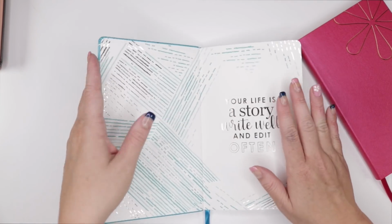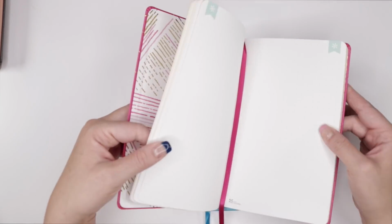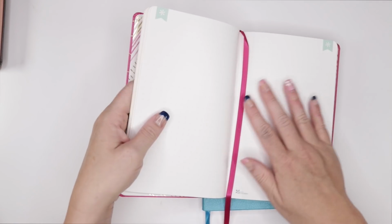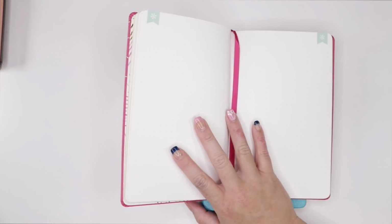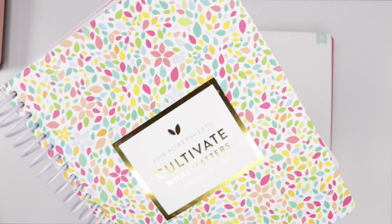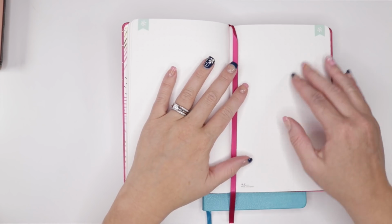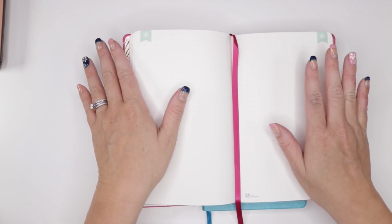So another great way to use one of these notebooks, for your dot grid preferences, is to lay out some goal paths. If you do not have a goal system, like I use the Cultivate What Matters, which is a very in-depth goal setting guide, but not for everybody. For those of you who want something a little bit simpler, I always recommend something like a goal be